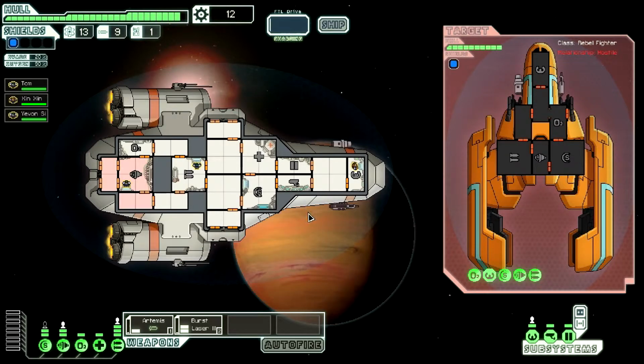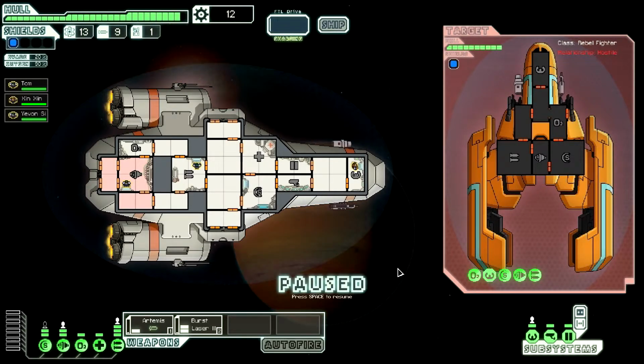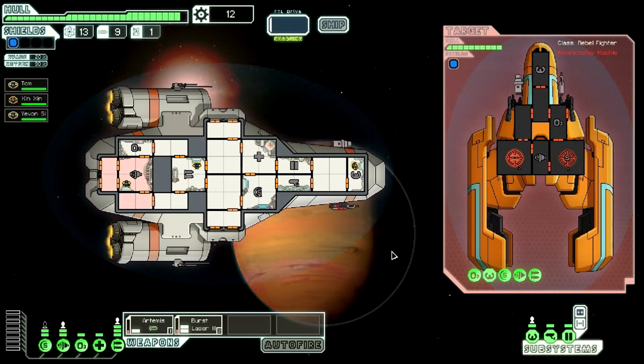Okay, he's locking his weapons. So now we're going to go ahead and pause. I always pause normally in the beginning of combat just so I can assess what I'm going to do. And I'm just going to do what I did last time, which is shoot out their shields and then blow up the weapons. So, another thing that a lot of players don't really focus on is the longer you leave...